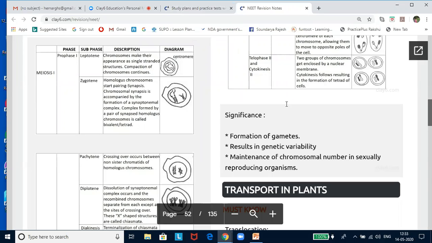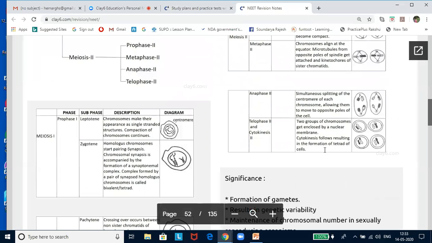So this completes the lesson. The lesson goes on for so many pages with so many diagrams, which have all been clubbed and put together in this PDF in such a way that it is easier for you to remember, and it is also easier to revise. So having this package in your study books would be an asset.